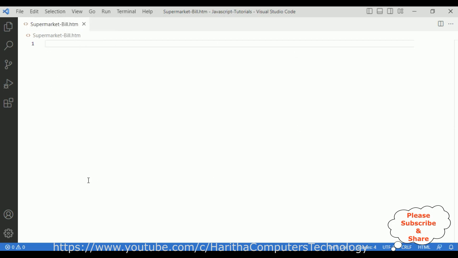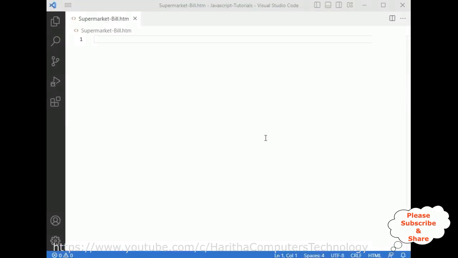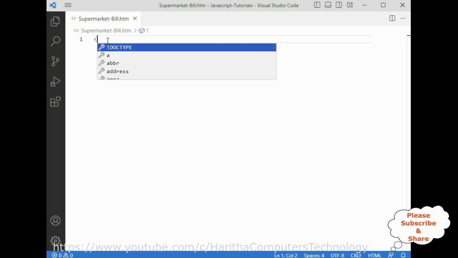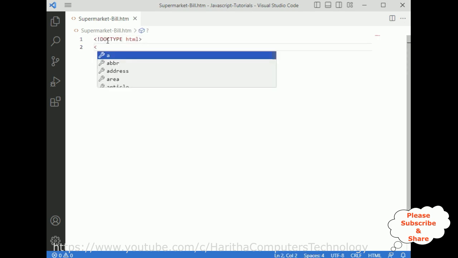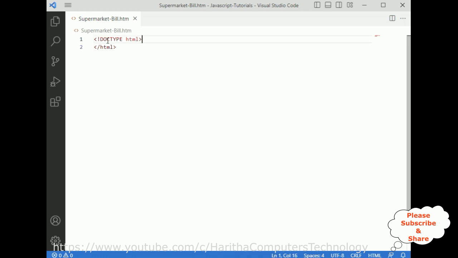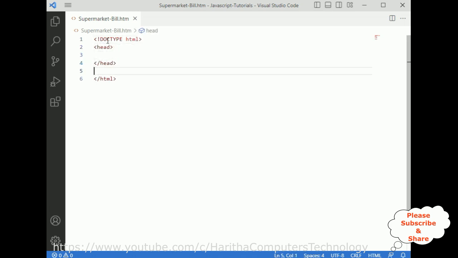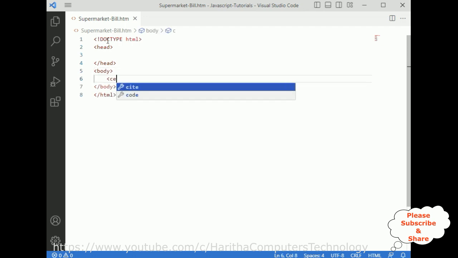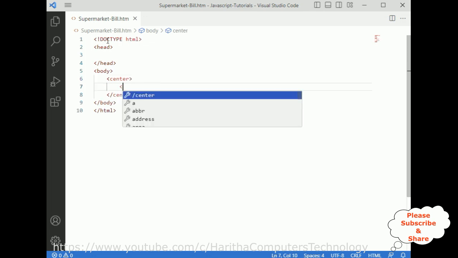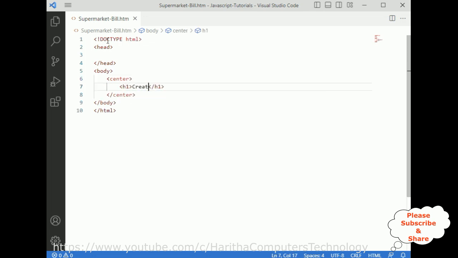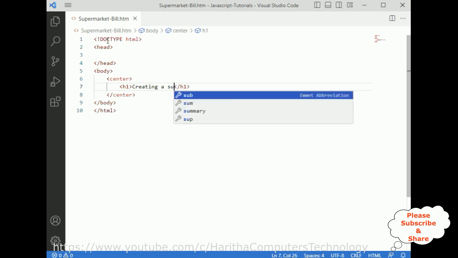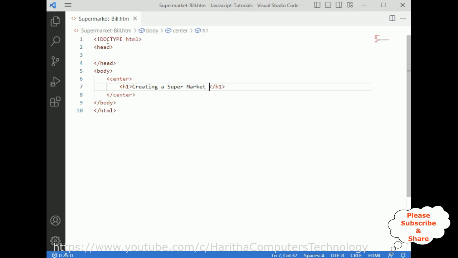Now let's start the coding part. First let's add the doctype. Let's close the HTML element. Now I'm adding the basic HTML elements, head and body. Now inside the body I'm adding one center tag, h1, creating a supermarket billing project,